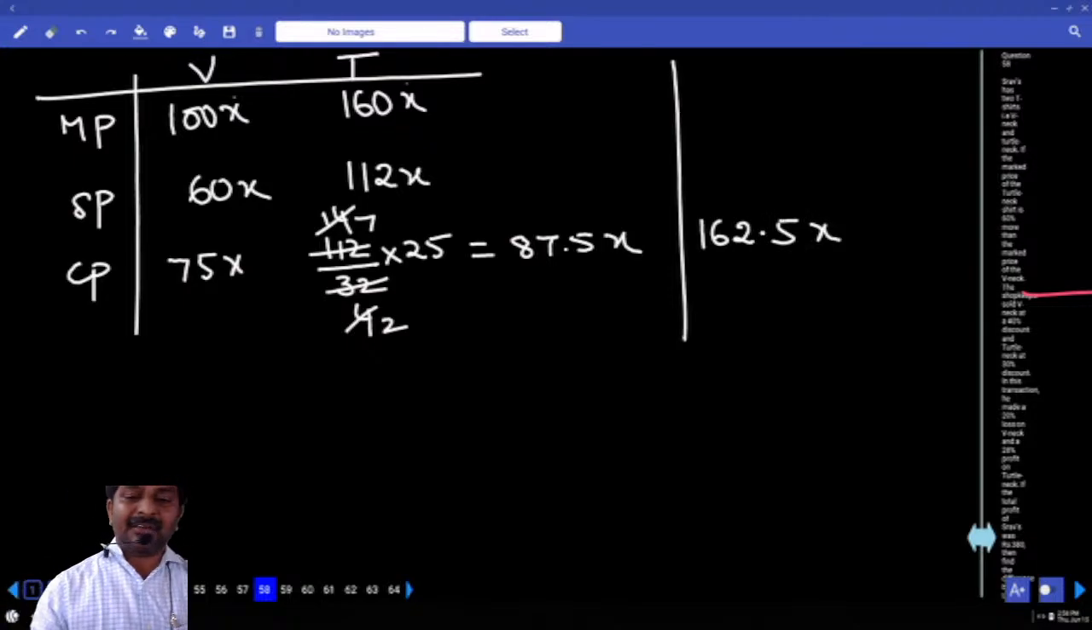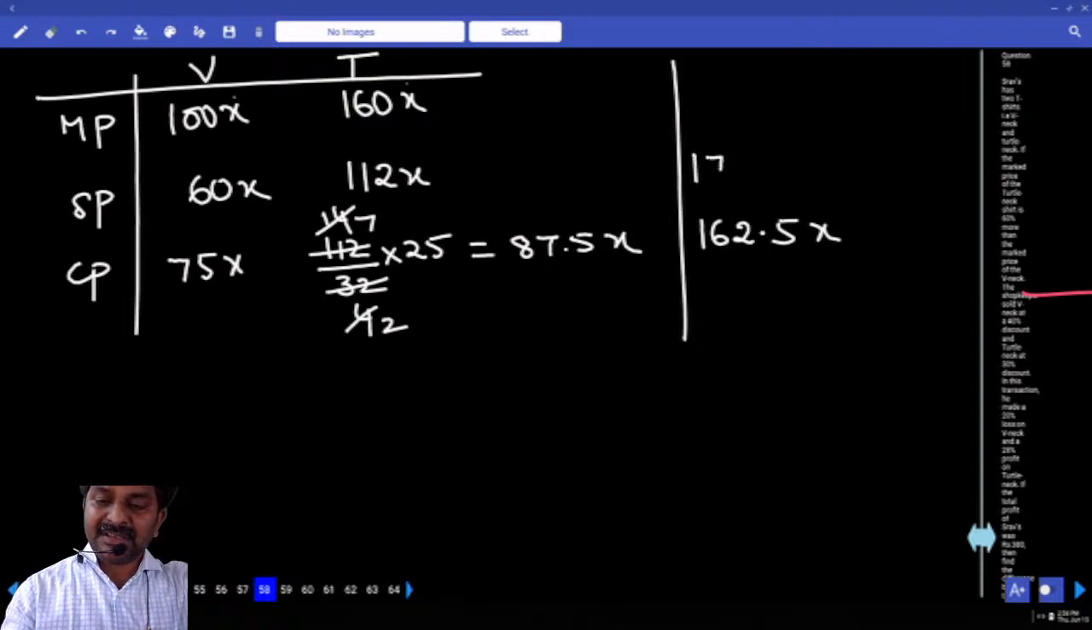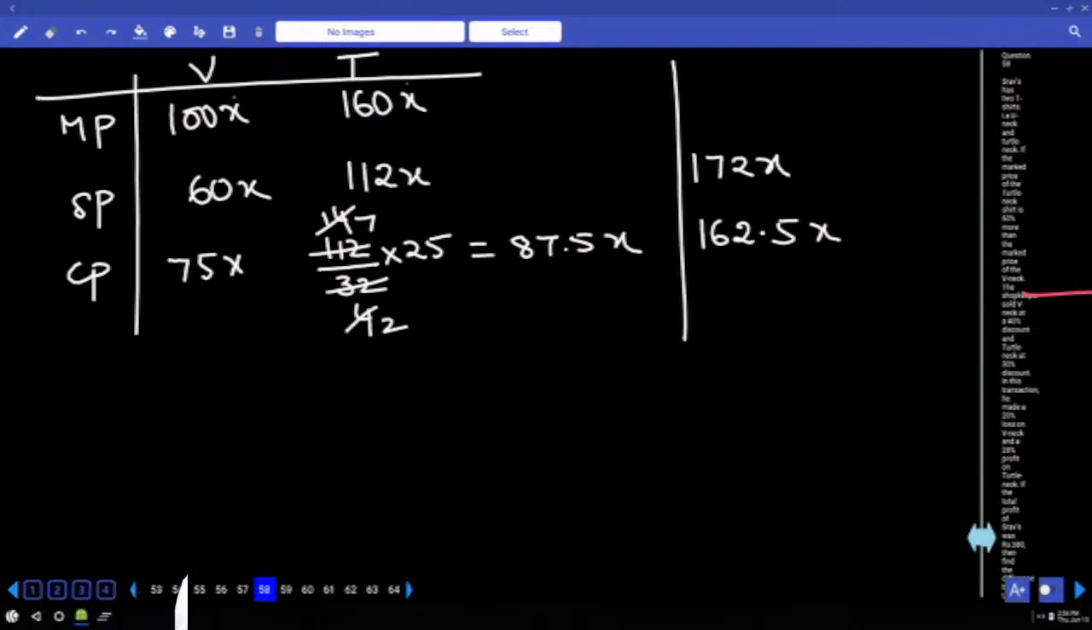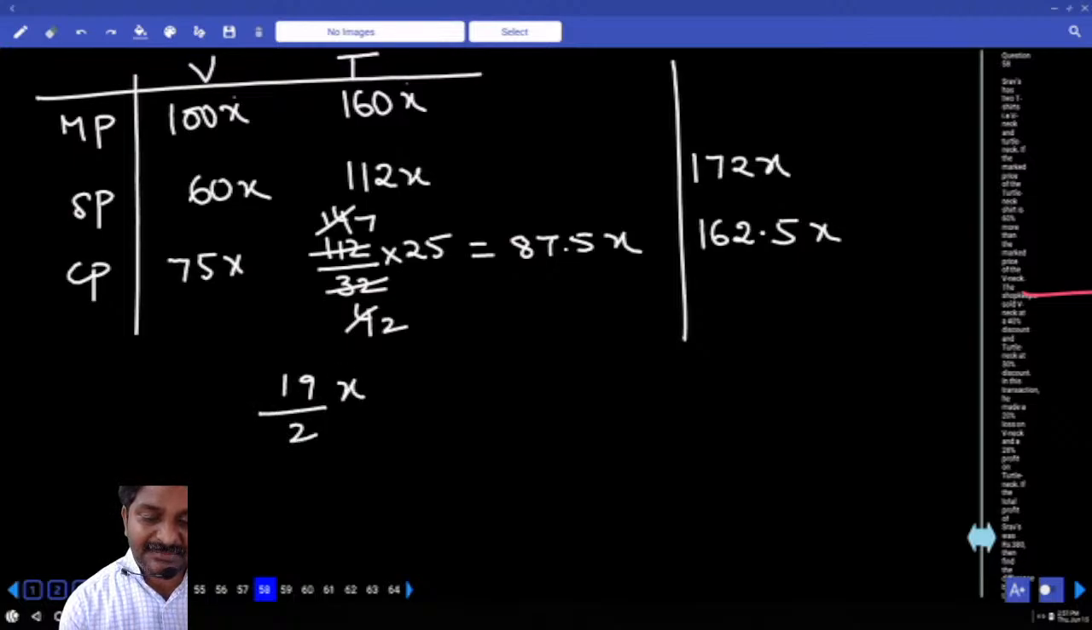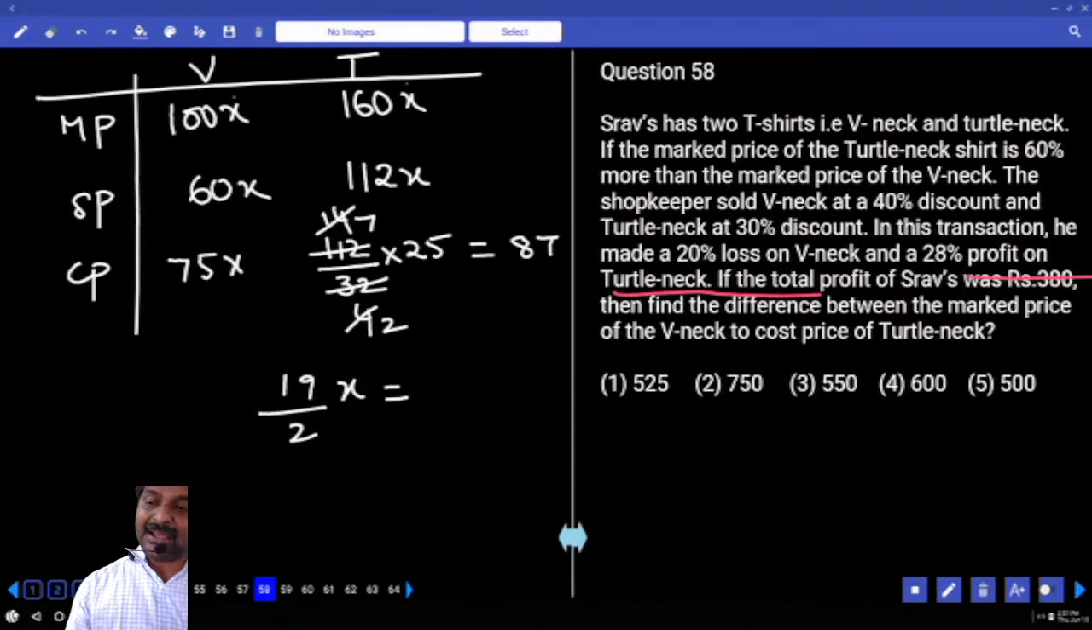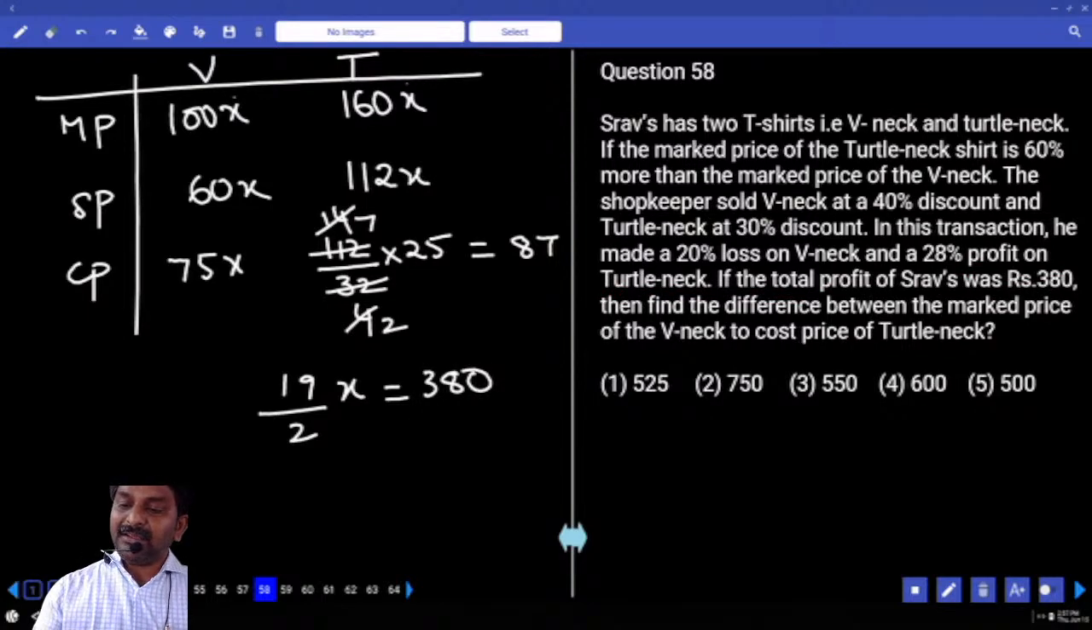60x plus 112x, 172x. There is profit only. How much profit? How much profit difference? 9.5x. Can I write 9.5 as 19 by 2x, which is mentioned as 380. Now the question is to identify difference between market price of V-neck